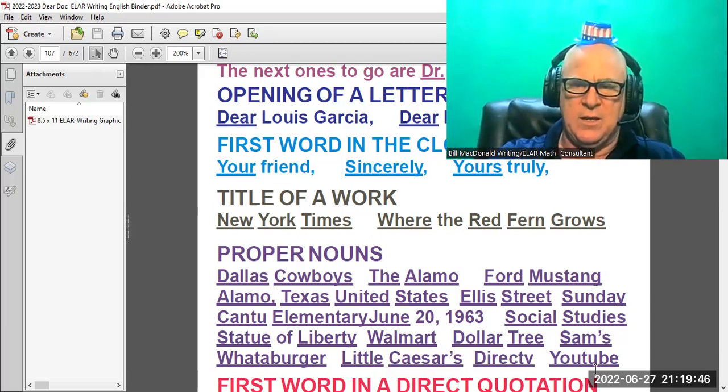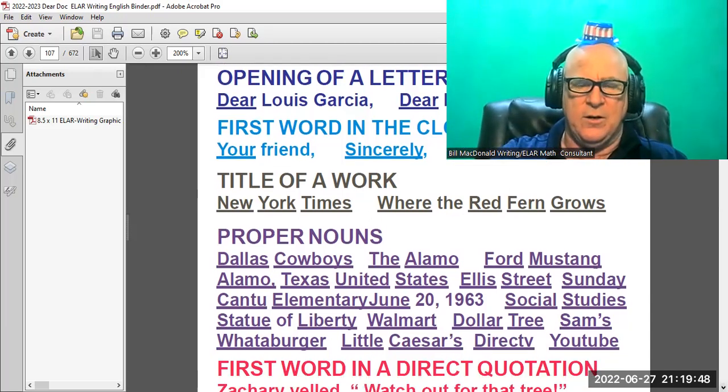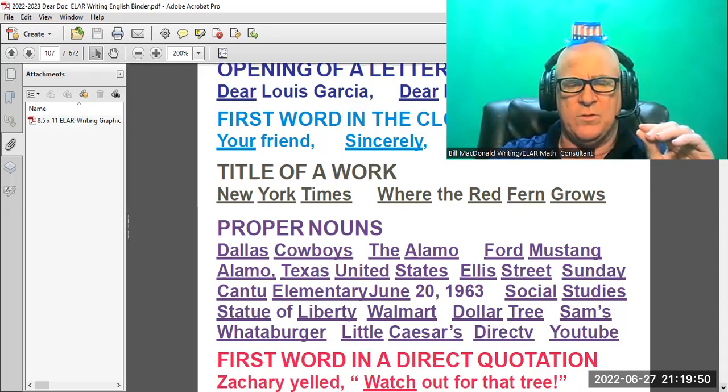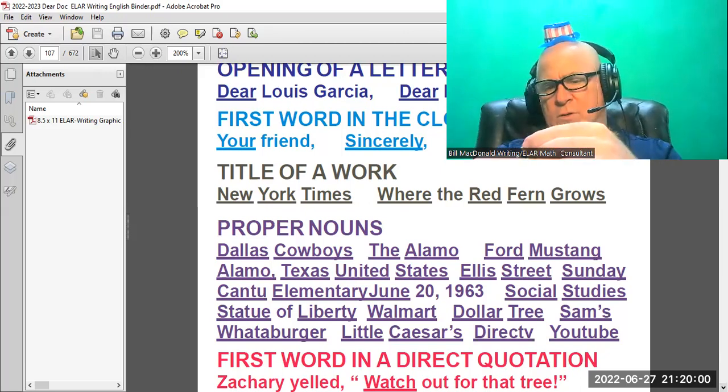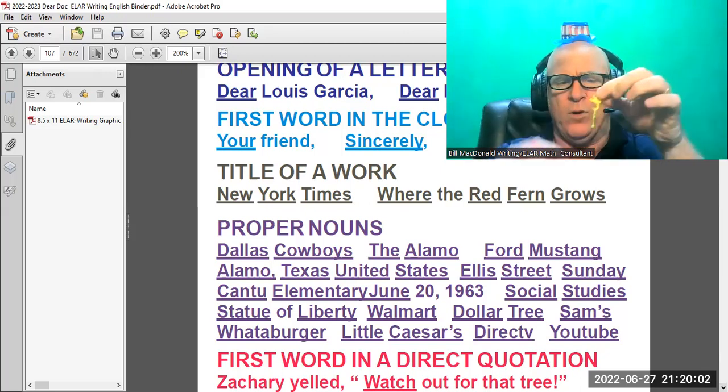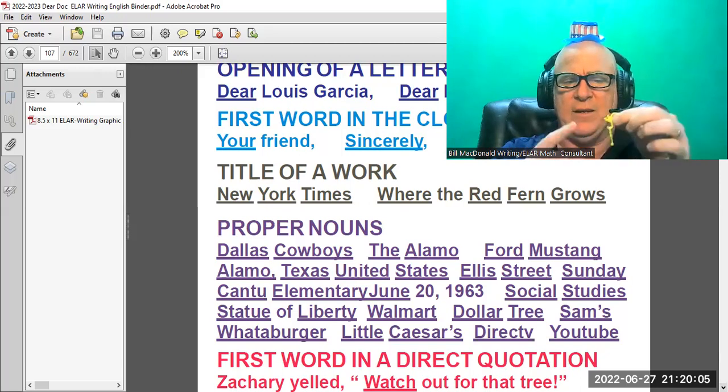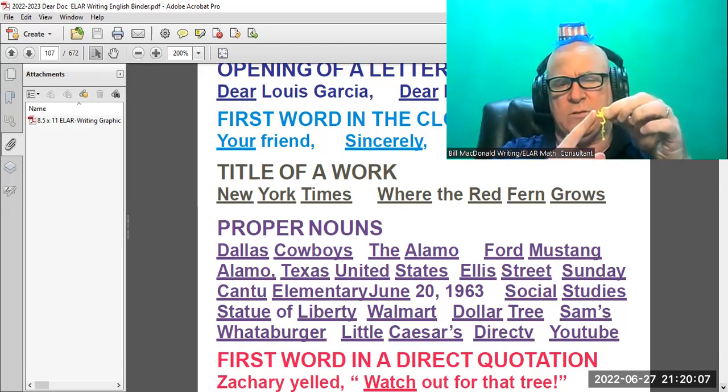And so as you can see here, the rest of these proper nouns are, and I'm just going to look at this page today, Dallas Cowboys. So that would be 2 yellows. But if you want to break it down into syllables even, Dallas Cowboys.